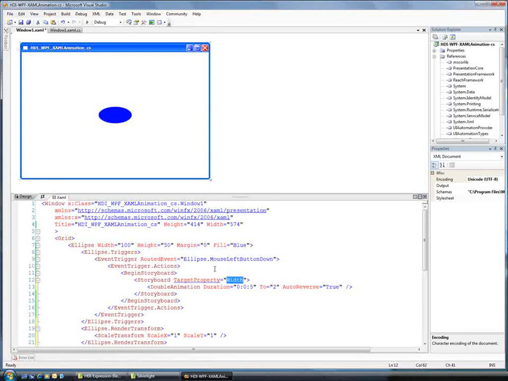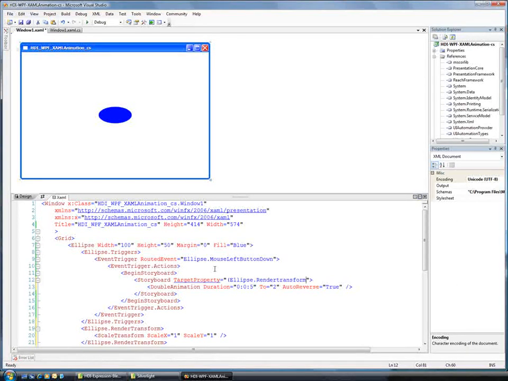Now, if a target property is a dependency property or an attached property, we can use parentheses to identify that. So in this case, we're going to say open paren, and we're going to say the ellipse.render transform,